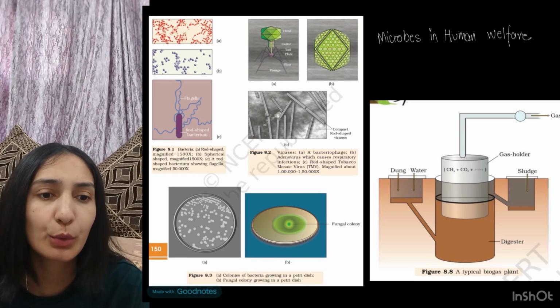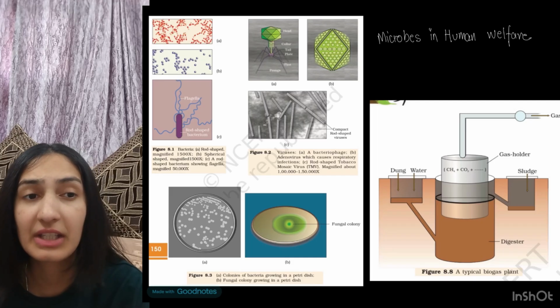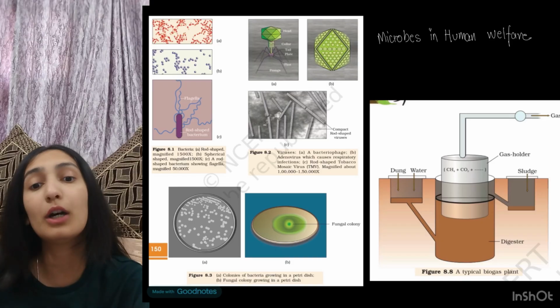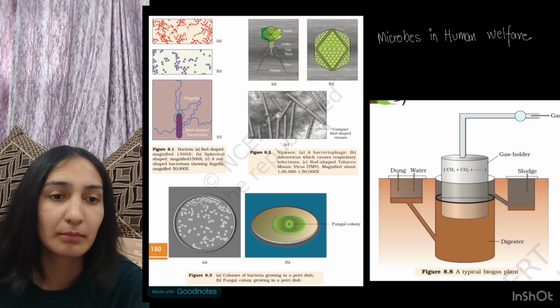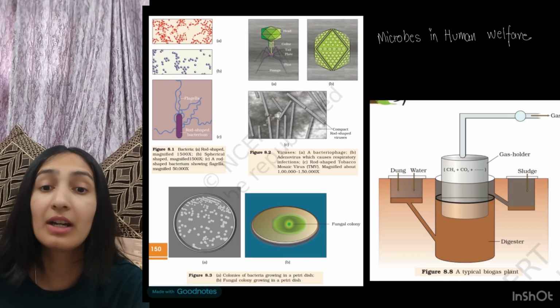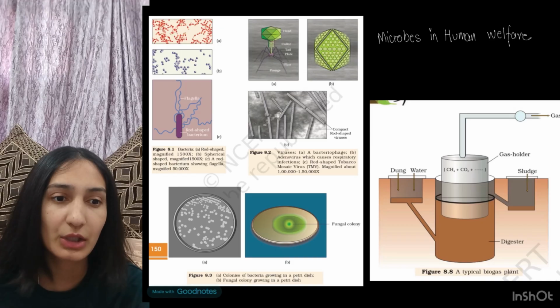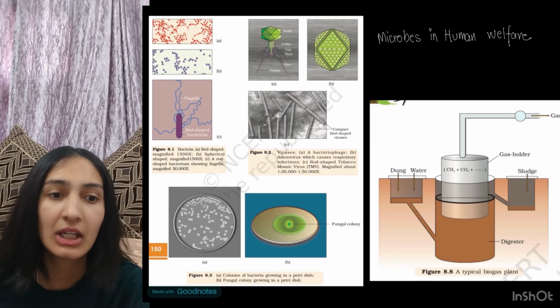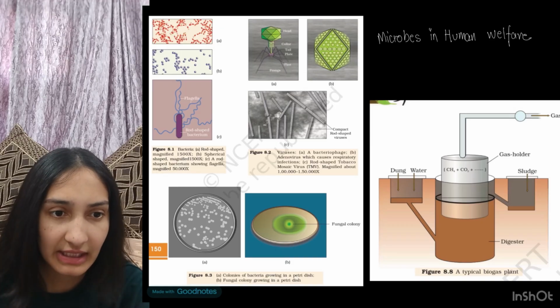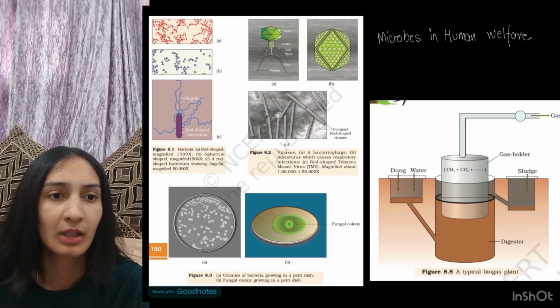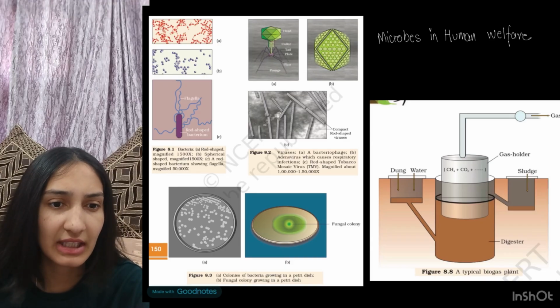Now figure 8.2 shows the virus. Now A shows a bacteriophage. Now what are the labelings? We have the head, we have the collar, we have the tail, we have the plate, we have the pins, and we have the prongs. Now B shows the adenovirus, which causes respiratory infections. Very important, adenovirus is the one which is causing respiratory infections. Now C is the rod shaped tobacco mosaic virus, TMV, which is magnified, and you can clearly see that they are compact and rod shaped. Okay. Again, you need to know their identifications very nicely.